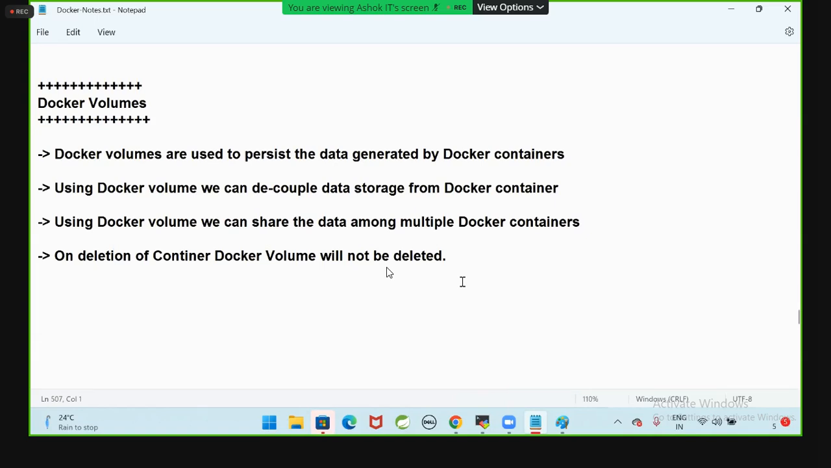Same thing with files also. For example, a log file is created while my application is running. If I delete my application, the log file also will be deleted. Understood, guys? So to simply say, Docker volumes are acting as a plug between the host machine and